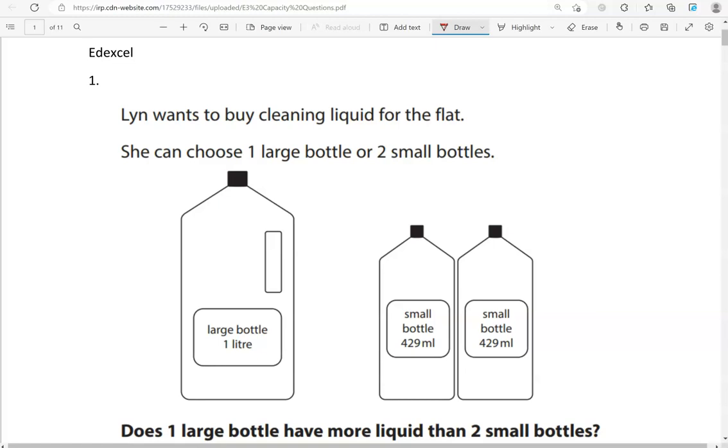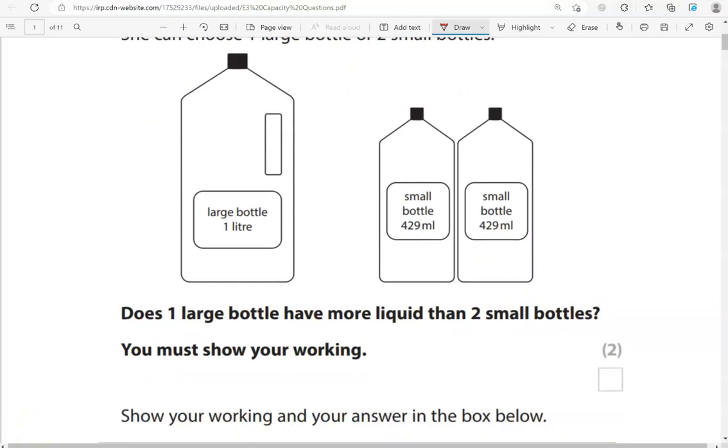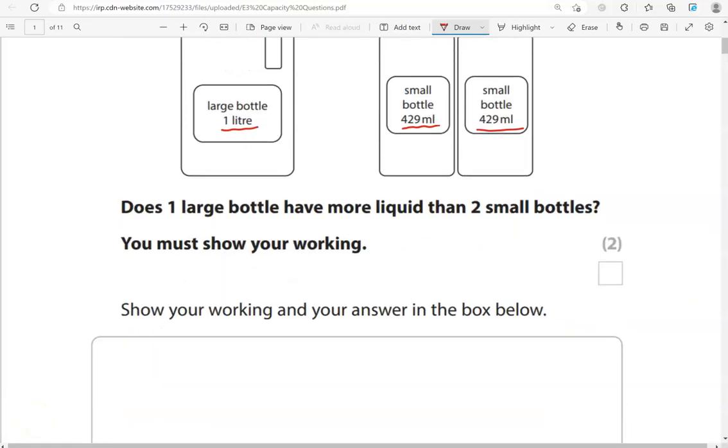Lynn wants to buy a cleaning liquid for the flat. She can choose one large bottle or two small bottles. Does one large bottle have more liquid than two small bottles? You must show your working. So, the large bottle holds 1 litre. Small bottle holds 429 millilitres. So, two small bottles will hold